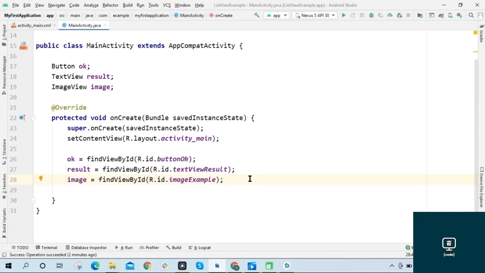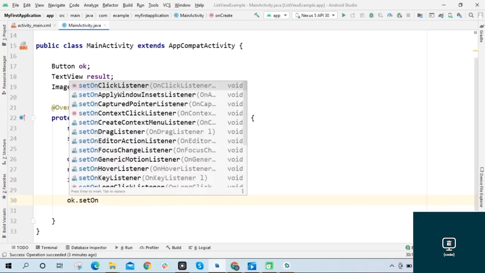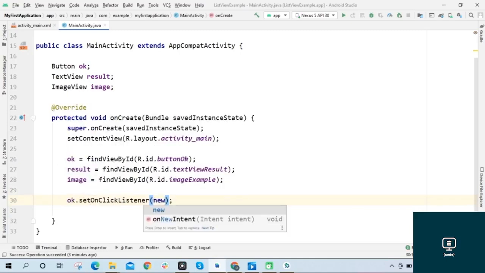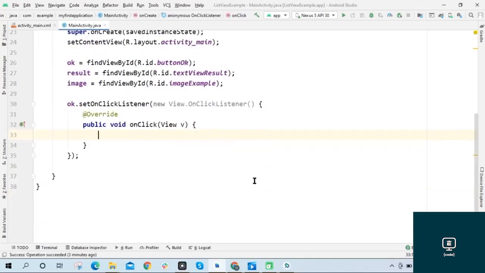So I'll just add a click listener to the OK button. And I defined the OK button before. You can see it here. And I'll just write inside the onCreate method, OK.setOnClickListener and new View.OnClickListener. And after that, inside the onClick method,